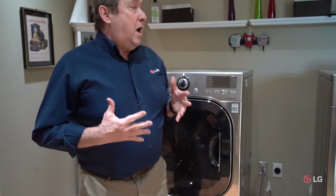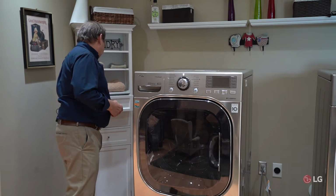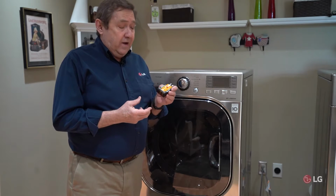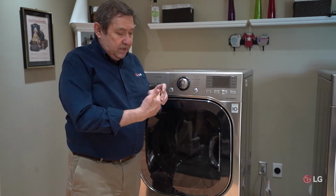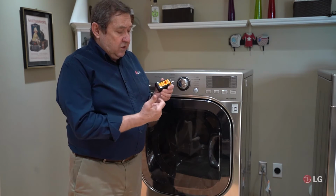Okay. A way of checking that outlet to verify if we have a problem with it is, I've got this inexpensive device that you can pick up at a hardware store, only cost a few dollars, and it will verify the status of your outlet to tell you whether or not it's good. It's very easy to read. It's got lights on there, so you just follow the instructions on here, and it tells you if the outlet is good